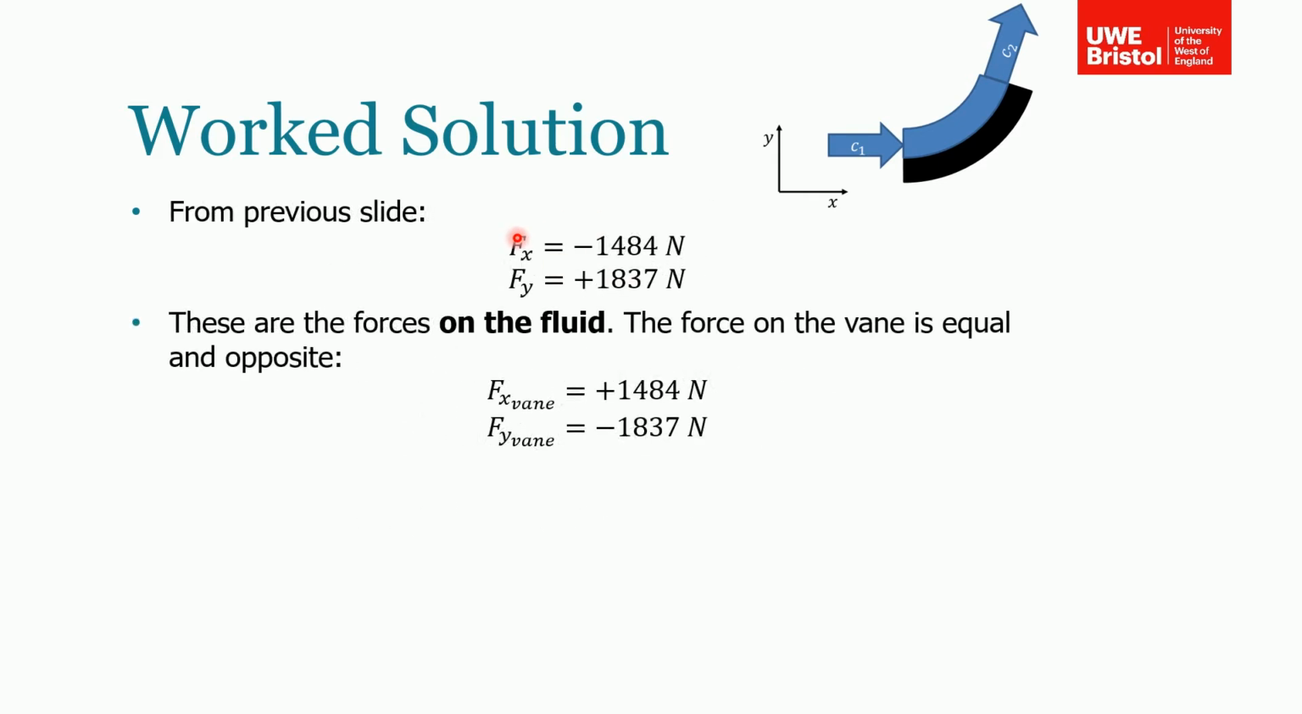So just bear in mind, these are the forces acting on the fluid in the x and y components, but we were asked to find the reaction force on the vane, and those will be equal and opposite to the forces that are acting on the fluid. So therefore the force acting on the vane will be plus 1,484, and in the y direction it's minus 1,837 newtons. We're also asked to find the direction,